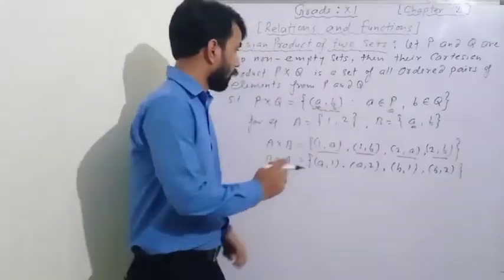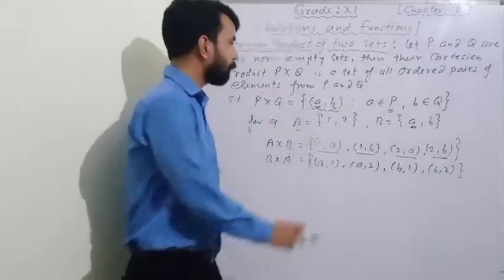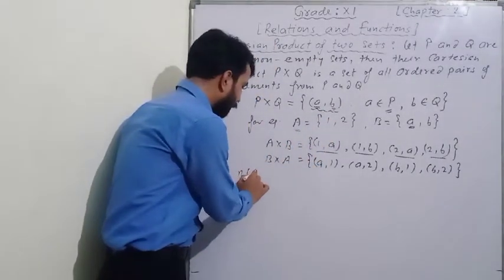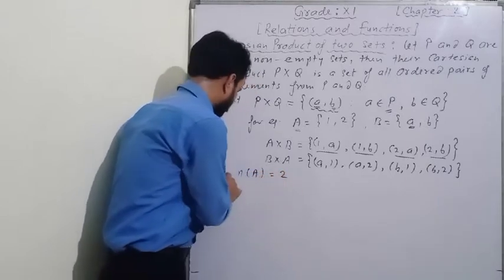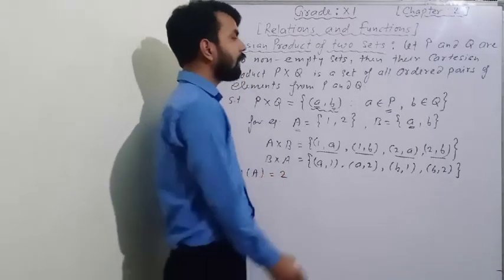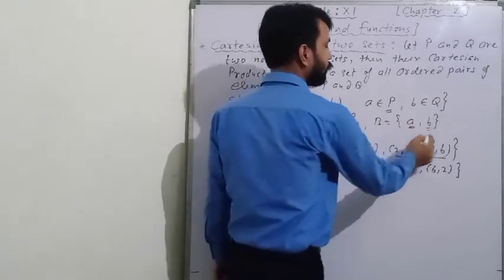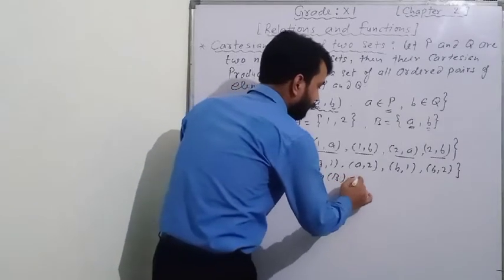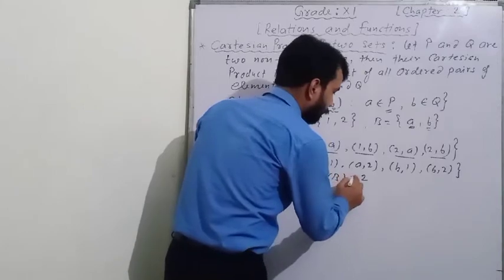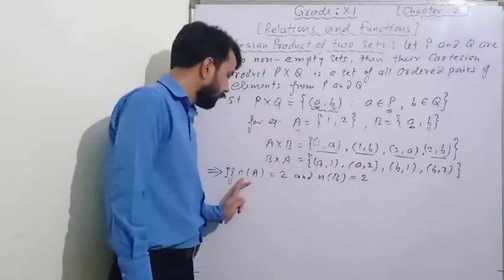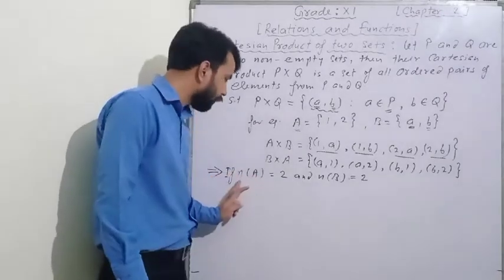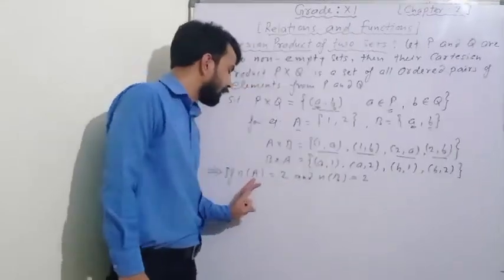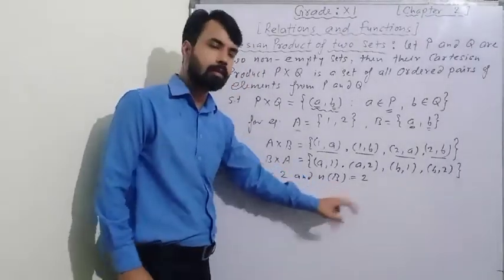so see here, in set A how many elements are present? 1 and 2. 2 elements. So number of elements in set A is 2. And the number of elements in B set is also 2. And N bracket A represents number of elements in set A, and N bracket B means number of elements in B set. So number of elements in A set is 2 and number of elements in B set is also 2. Then